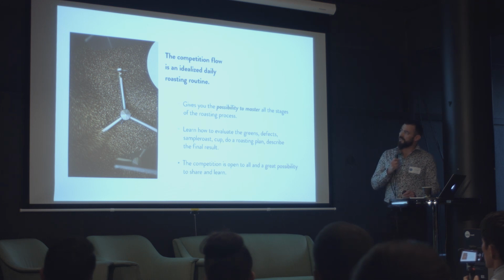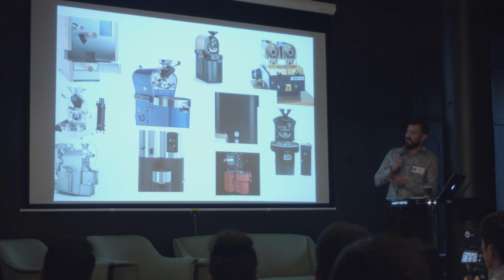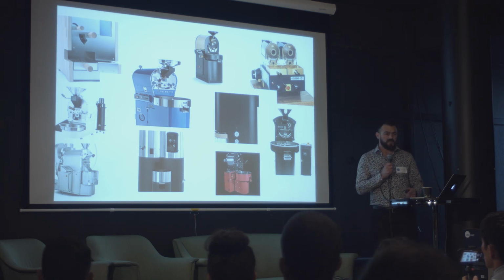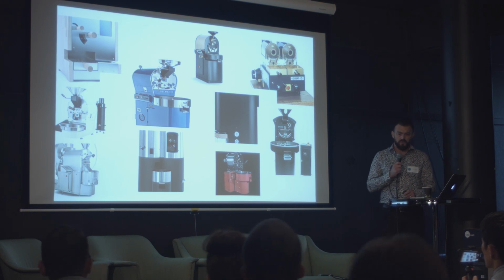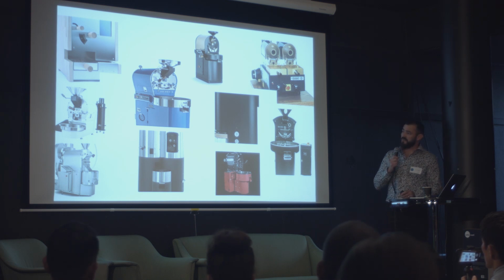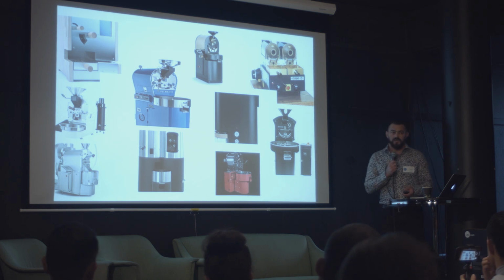So for me, it's a great possibility to, kind of, not use too much money. You have a great possibility to learn a lot regarding the whole chain of the production. I have been roasting on these machines only in the roasting championships, and I've been talking to many roasters today, and many of them haven't been roasting on more than one or maybe two roasters, or not even one sample roasting machine. For me, it's a pleasure to talk with fellow roasters about